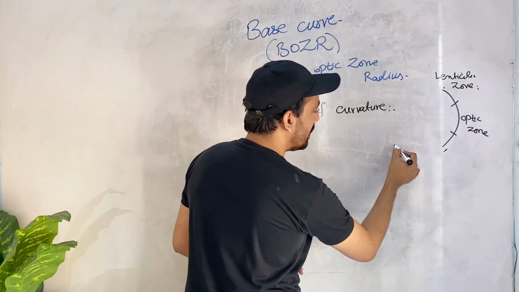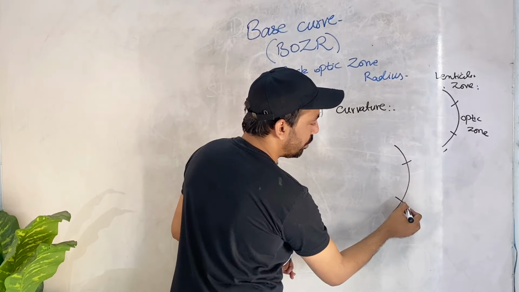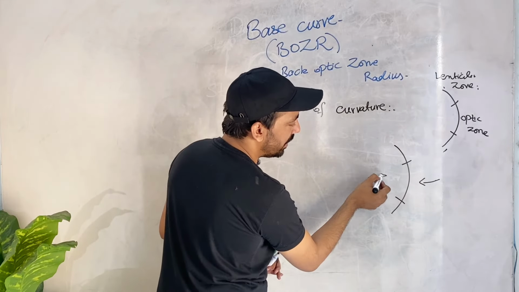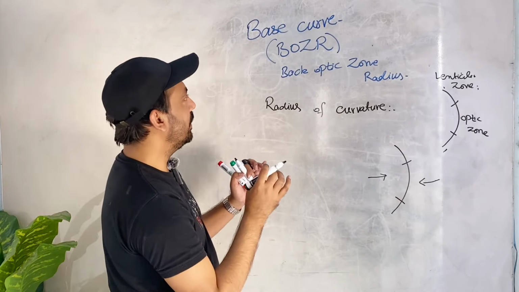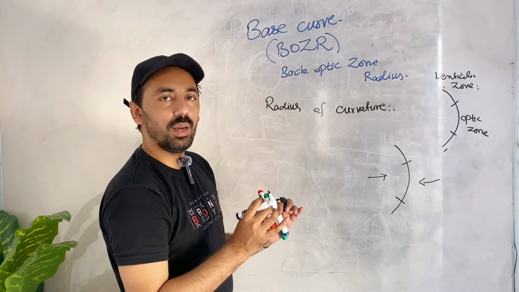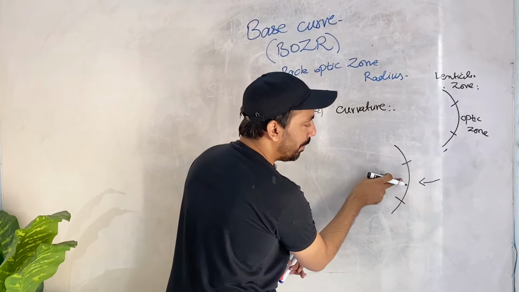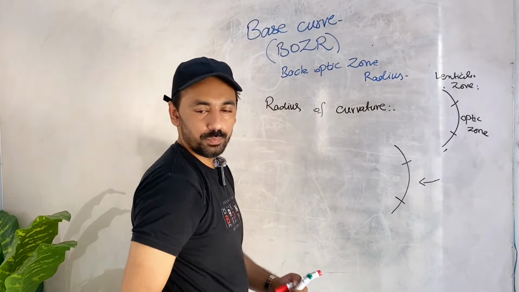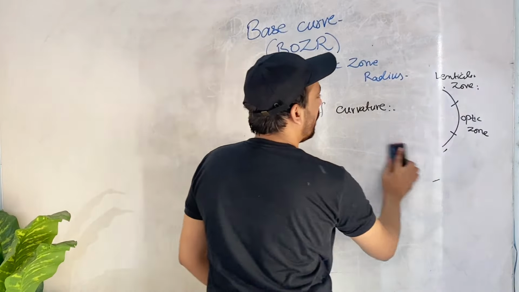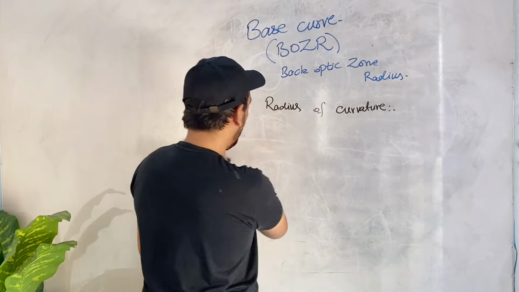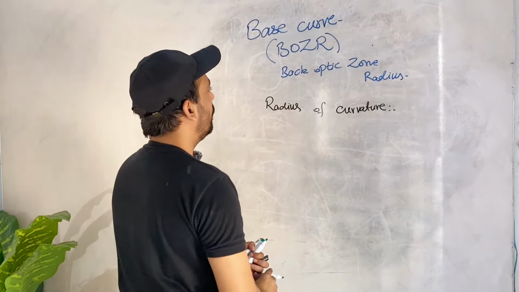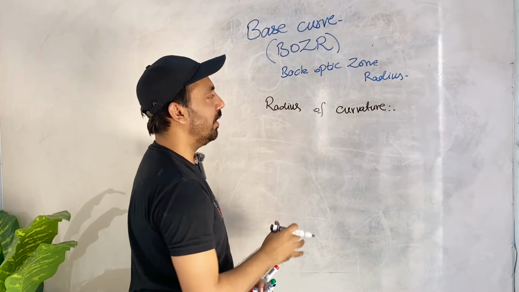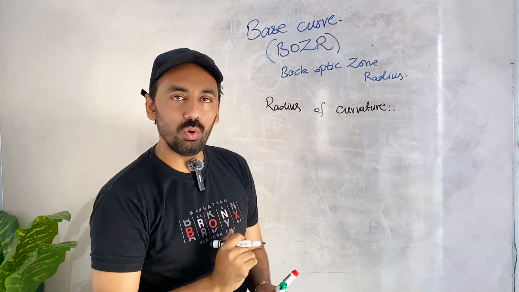For example, if this is a contact lens and this is the optic zone, the central one, this is the anterior side and this is the posterior side. So while learning about the base curve, we are actually discussing the posterior side of the optic zone, right? I hope you got the concept. So the base curve is the radius of curvature of the posterior surface of the optic zone of the contact